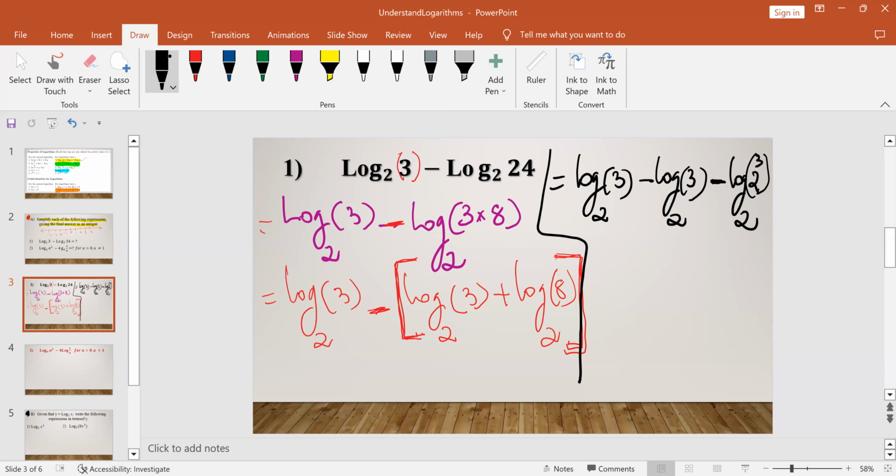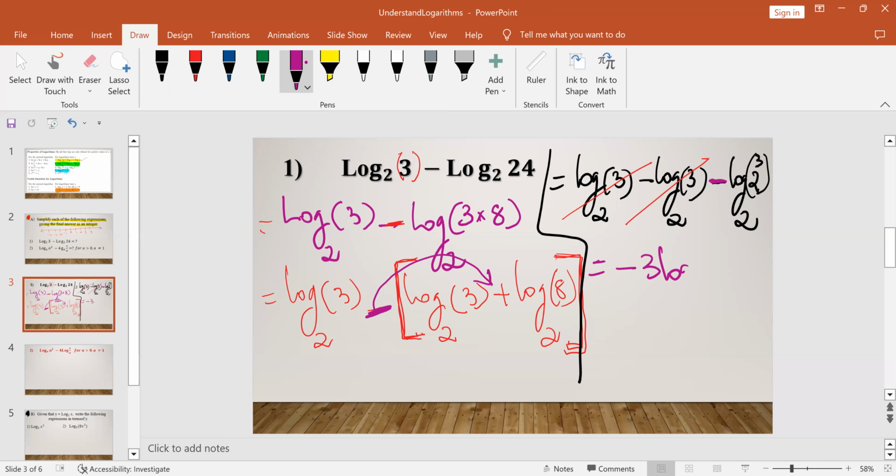This negative sign came from the negative outside: the negative multiplied by a positive changes to negative. So we distribute the negative sign to everything inside the square bracket. You will see that the first two logs cancel out because they are opposites. So now we have a negative